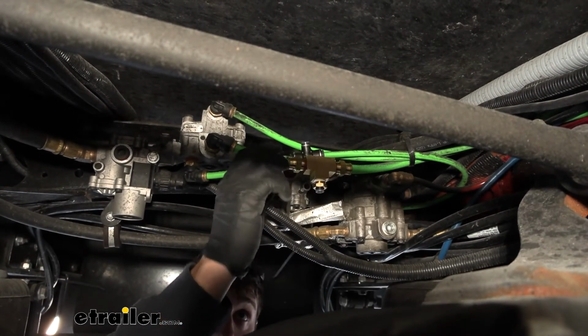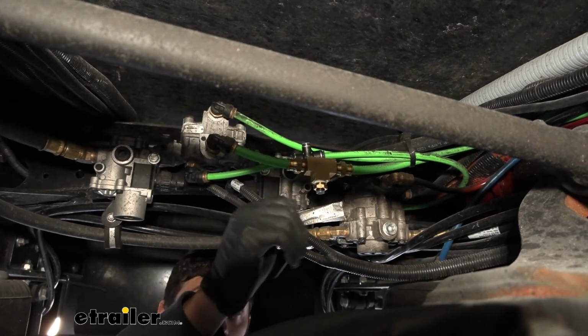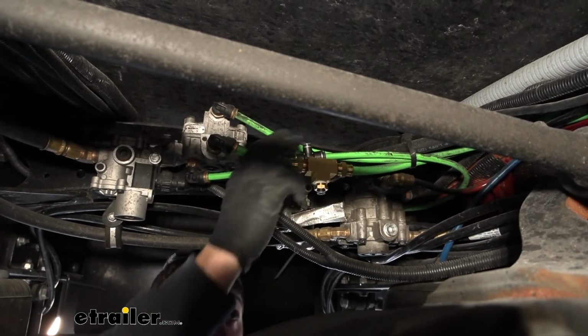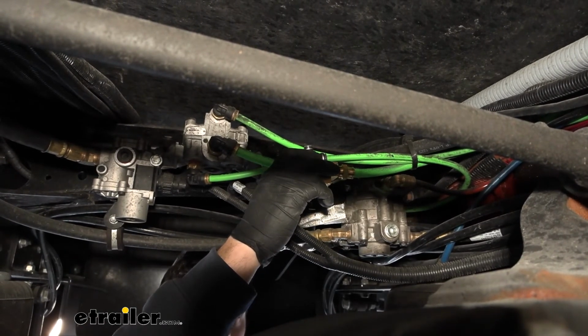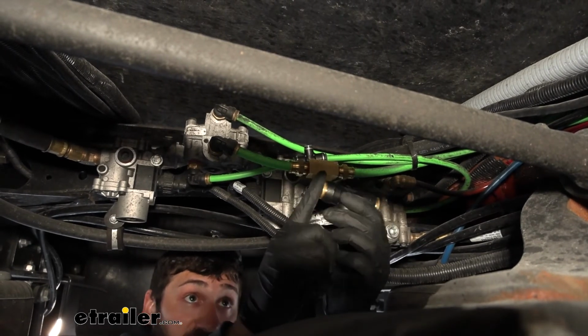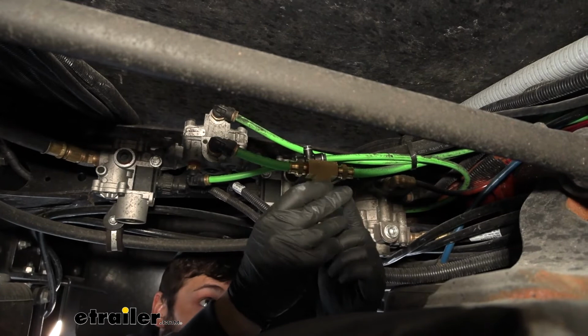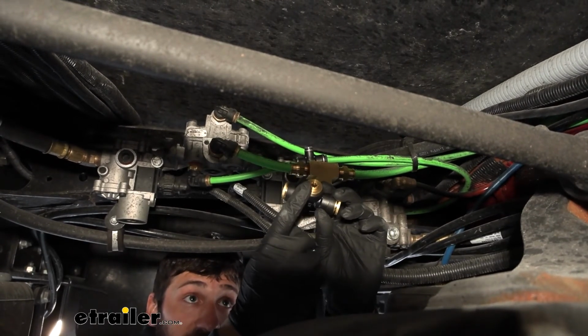For this particular one, this supply line is a little bit smaller than what they normally are. Our supply line is actually a 1/2 inch diameter. They're usually a little bit larger than that, about 5/8. In which case you would just cut this line, attach one end to the tee, and attach the other end of the tee to this end. And then the smaller 1/4 inch line is what we're going to be running to the air tank that comes in your